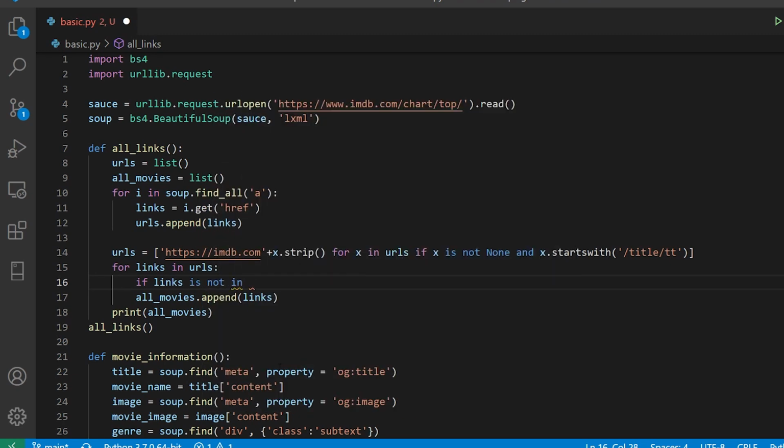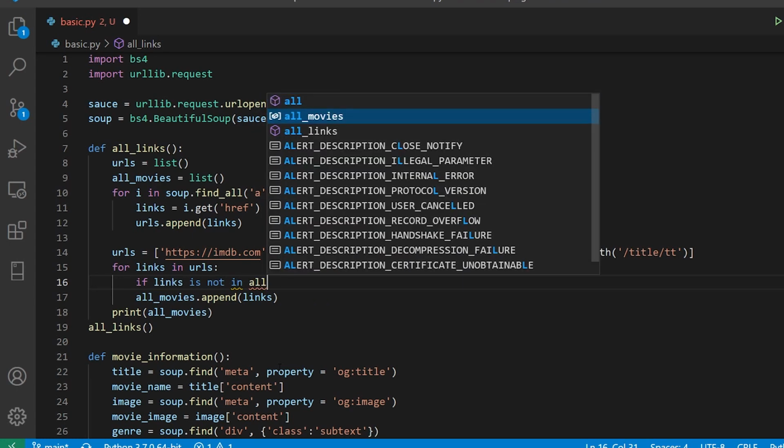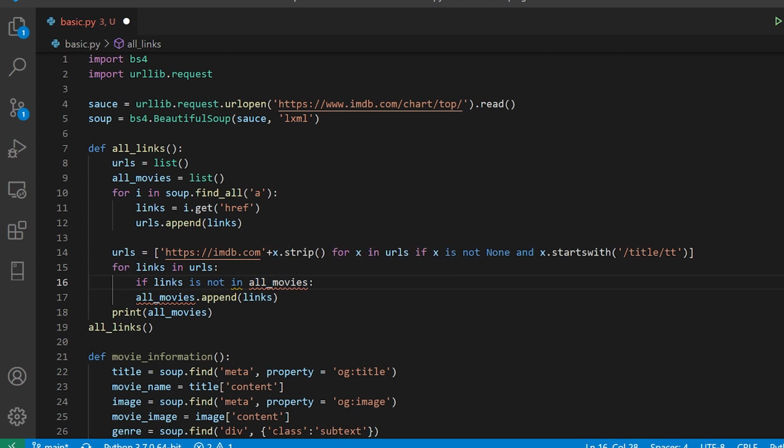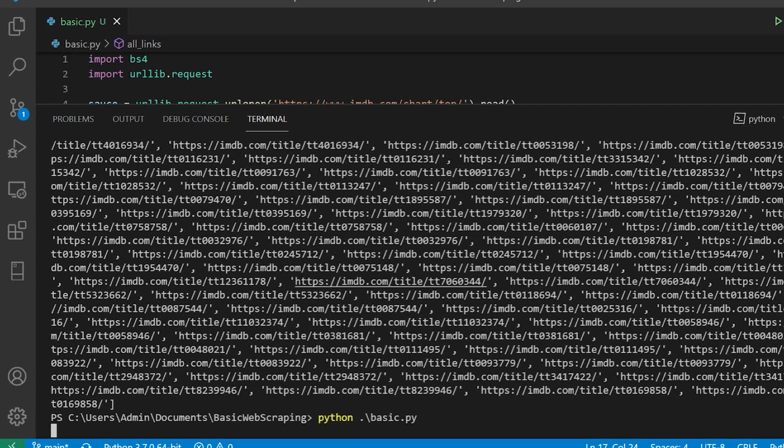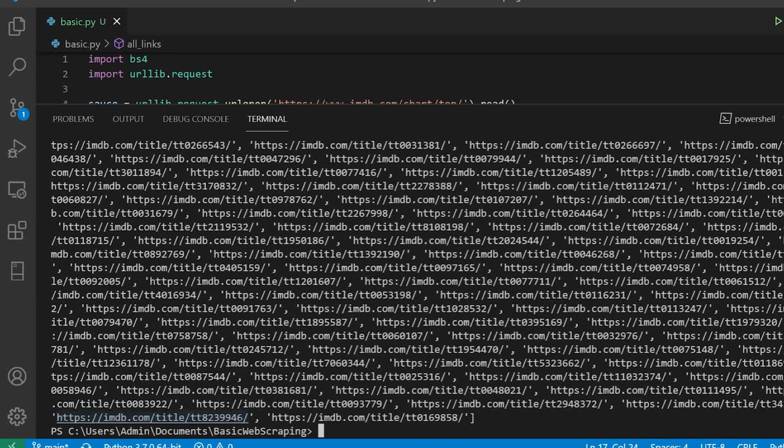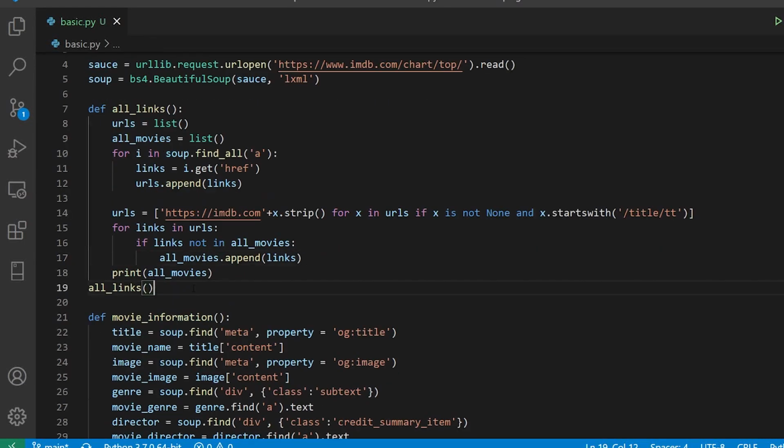Yeah, this seems fine. Okay, so is not in all movies, not in. So I can say not in like this. I don't require is, and I'm going to push this aside. And now let us check. So if links not in all movies, then only they are going to get appended, otherwise it won't get appended. Now let us check this, and I have it. Okay, so all of the links are now different. After 46 we have 58, 22, 72, 79. Now let us move on with the further thing.